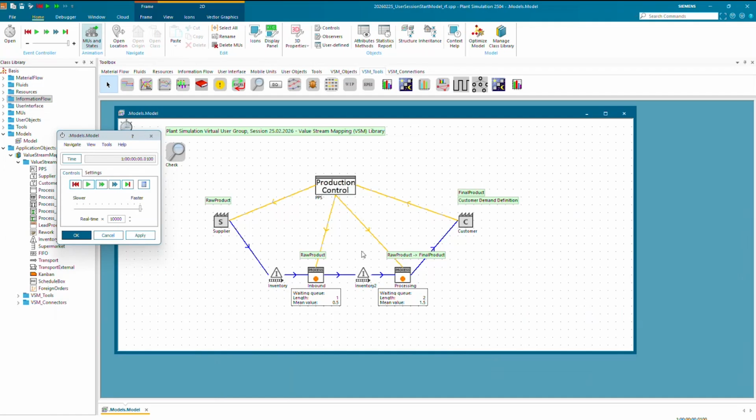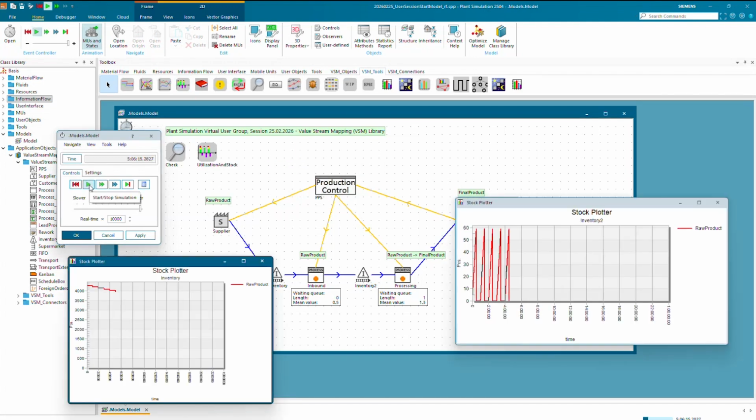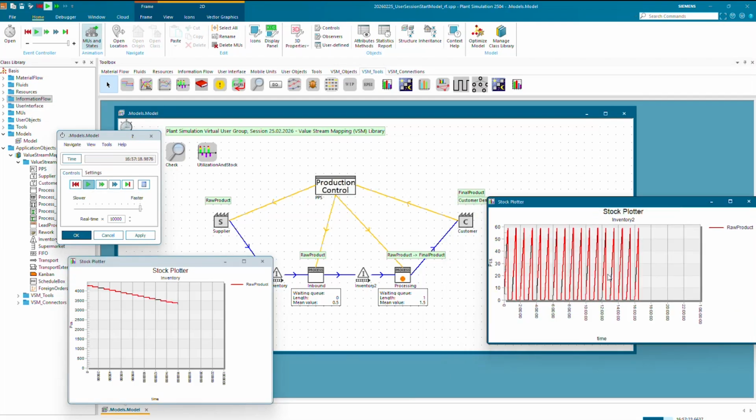Additionally to such inventory statistics, there's, for example, also statistics for processes and also an overview statistic. So an overview statistic would be this tool right here. This is called utilization and stock, which is a combined statistic view of process states over time in percentage.